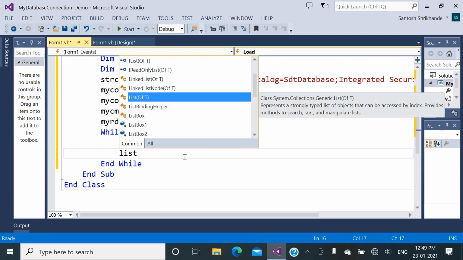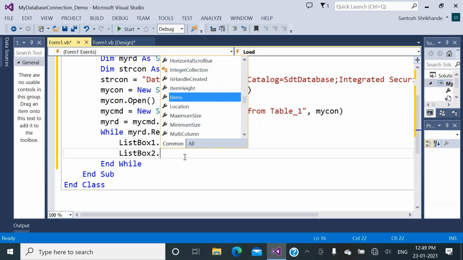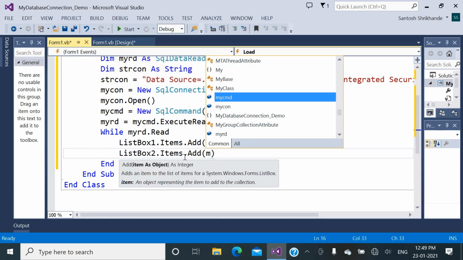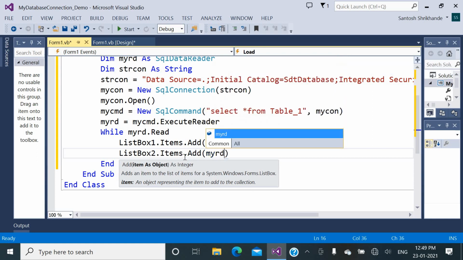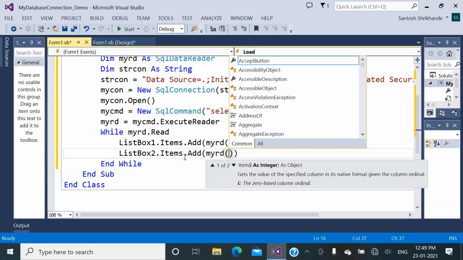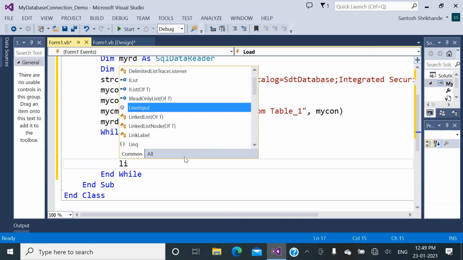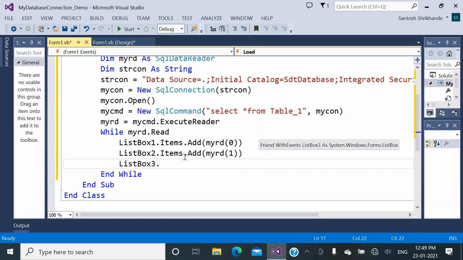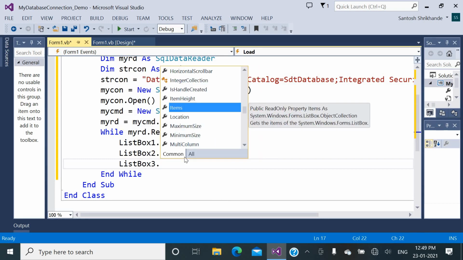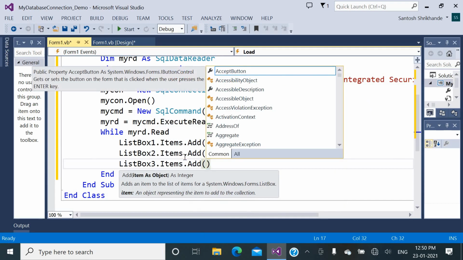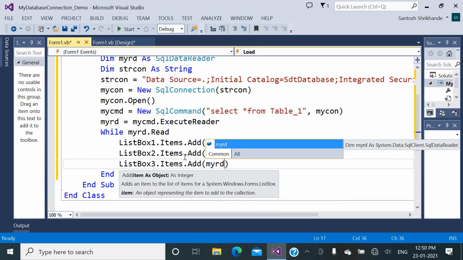Now in ListBox2 dot Items dot Add, myreader of 1, that is EMP name, and into ListBox3 dot Items dot Add, myreader of 2.